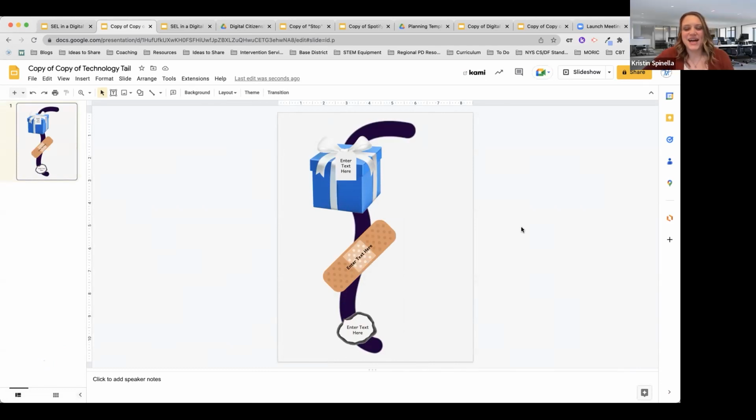Yeah, that's okay. So I really had students look at the way that they're interacting online. And then in this template, I had them go through and put real-life examples of how they were interacting with others online and what left a gift, which was something positive, what left a band-aid, which was something negative, and then what left a hole, which was them allowing information that's personal to them, such as their school or their address, that they've put out online that then allows others a little bit deeper look into their